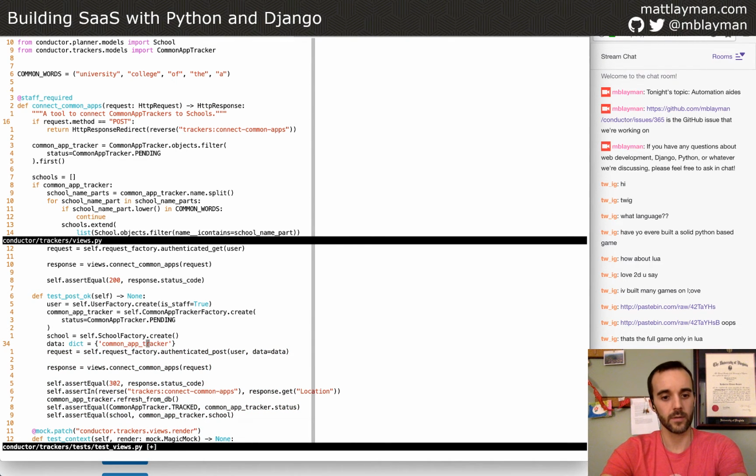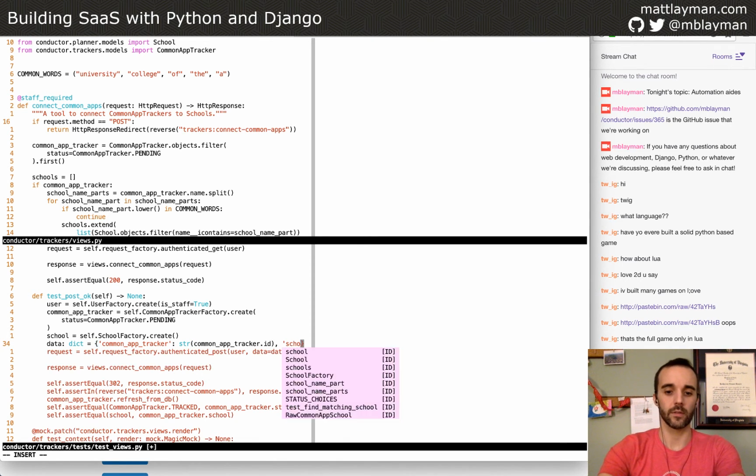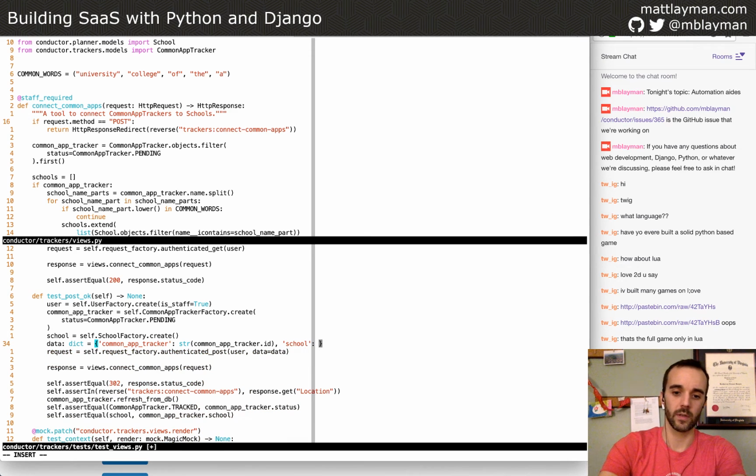Common App Tracker, and the value for this, forms come in as string values, not in typed ways. So the value for this is going to be the string value of the Common App Tracker ID, the primary key. That's one. The other thing is a school, and it's the same thing, the string value of the school ID.